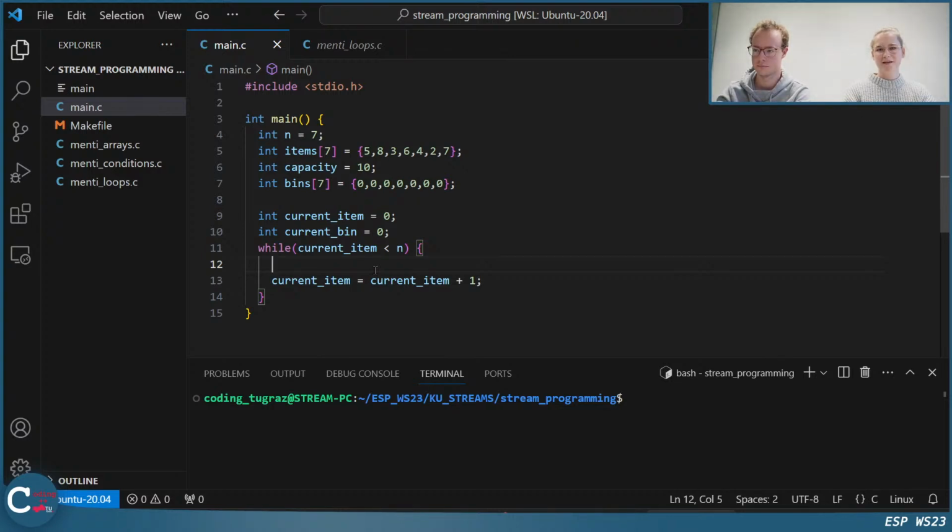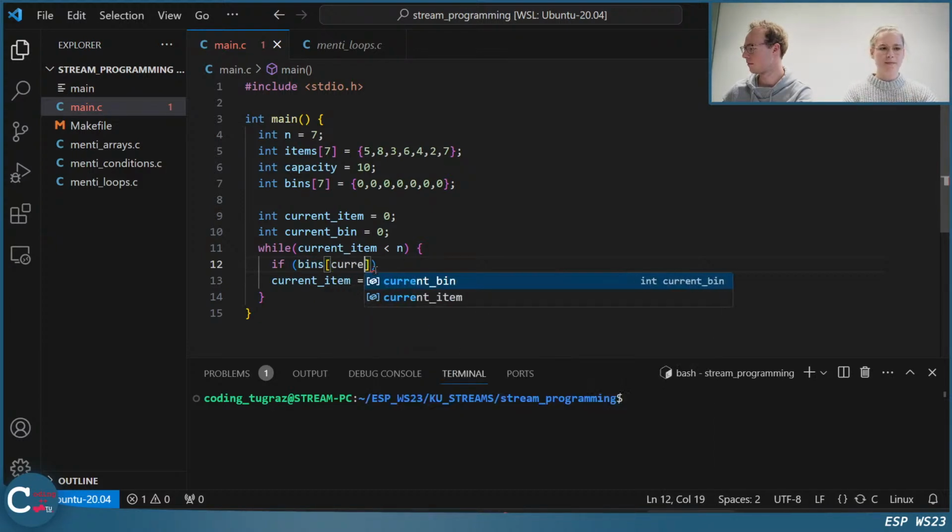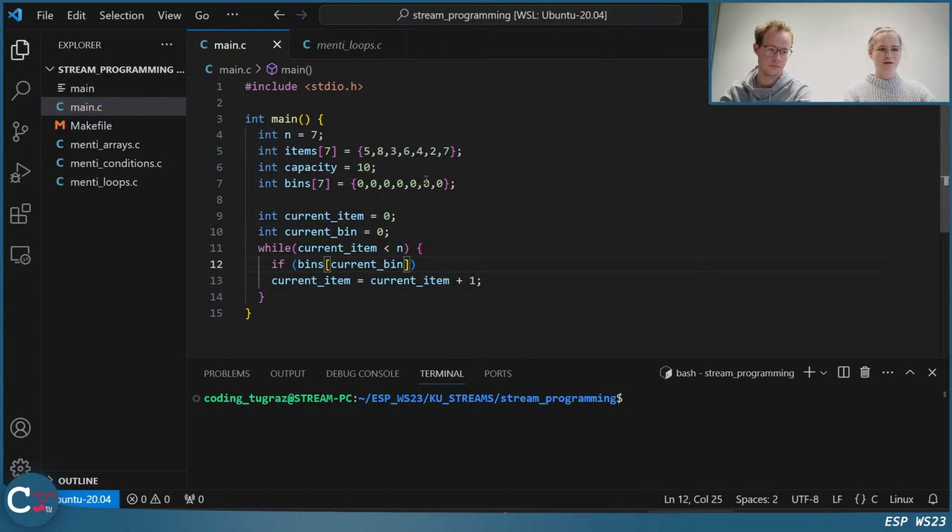Now we need to check, does the item fit into the bin? So let's write an if. And, okay, what should we do now? We need to get the value of the current bin, how much weight already is in there. So let's do bins, the array, of the current bin. So we access the value of the current bin here, and add the weight of the current item.